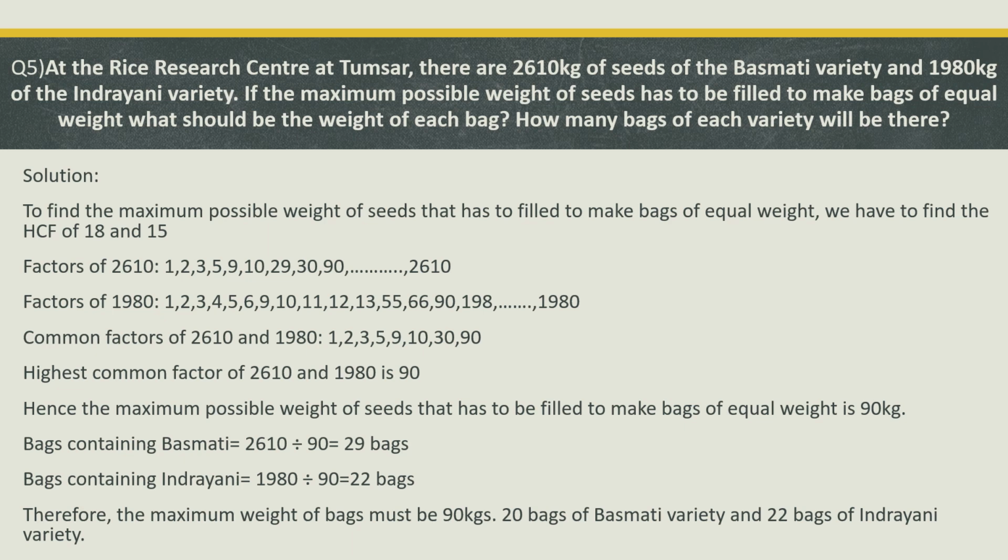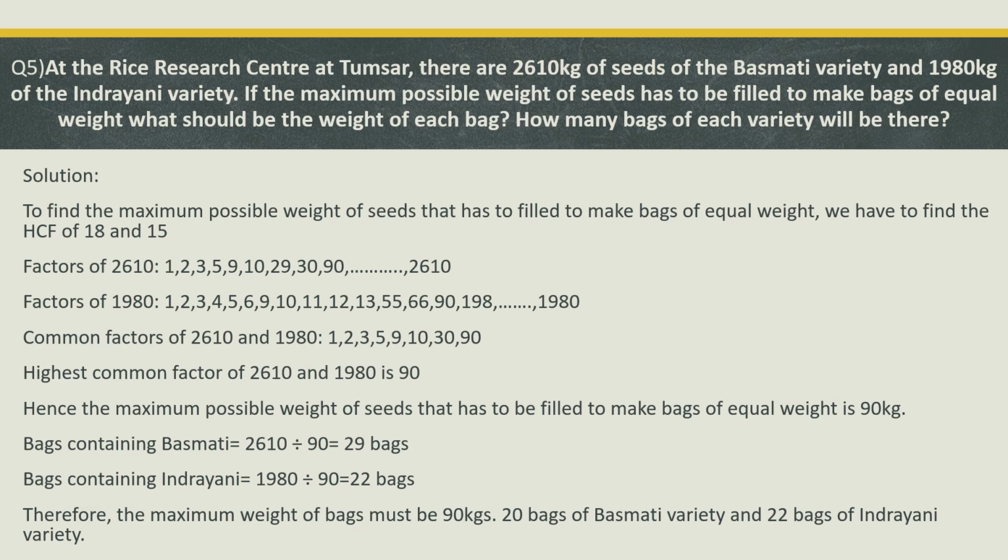So here I have found 1, 2, 3, 5, 9, 10, 29, 30, 90 and then dot dot dot and 2610. That means in between I have many numbers. We need not write all the factors. Just in ascending order from the smallest, we'll write some 10 factors and then the last number. Factors of 1980, again I have written some of it till 90, because the first factor I reached till 90, so second also I'll reach till 90. Beyond that also you can take, but make it a point that you are using it in a tricky manner and you're getting the answers fast.